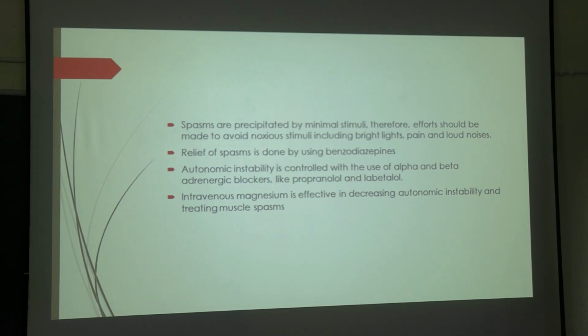কোনো সময় বিপি প্রচুর বাড়বে, কোনো সময় বিপি ছট করে কমবে। So you have to give alpha blocker or beta blocker. Name some alpha blocker. Clonidine, apraclonidine. Name some beta blocker like propranolol, labetalol, bisoprolol, etc. Intravenous magnesium sulfate can be effective in autonomic instability and in treating muscle spasm. Rarely দেওয়া হয়।